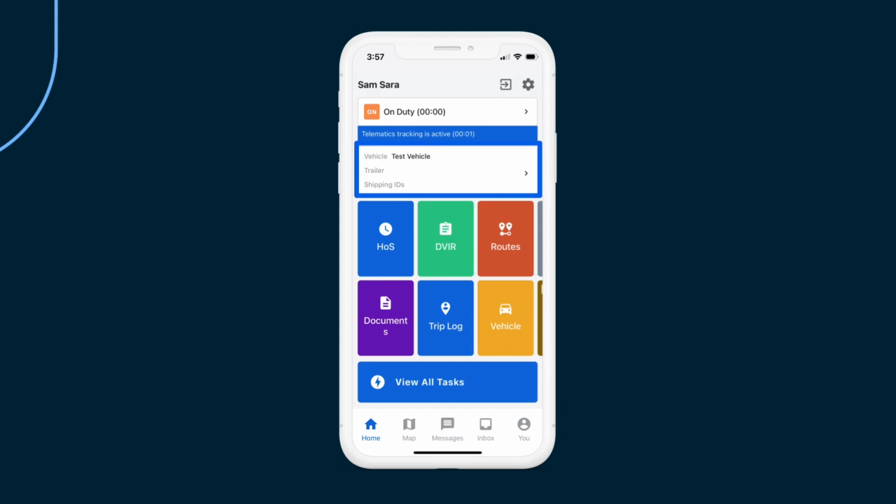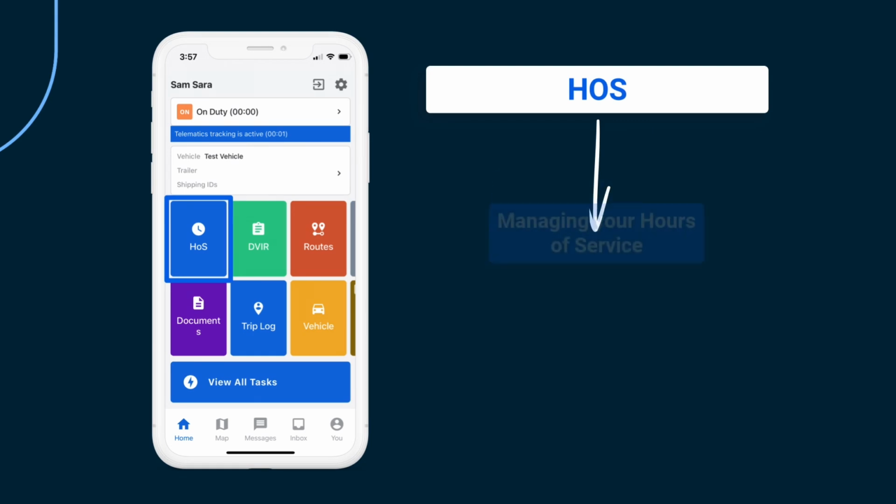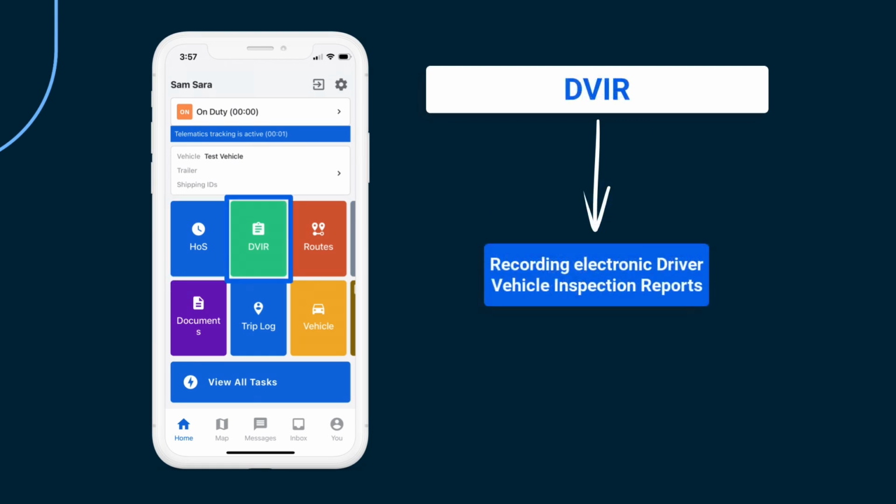Under your duty status, you can see a box containing information on the vehicle you're currently logged into, along with any trailer or shipping ID. The Tiles section of the home screen contains colored tiles which can be customized by your admin. These tiles include HOS for managing your hours of service, DVIRs for recording electronic driver vehicle inspection reports, routes for